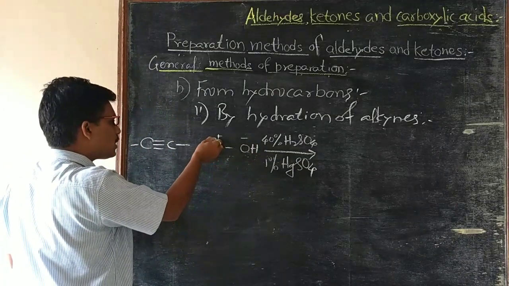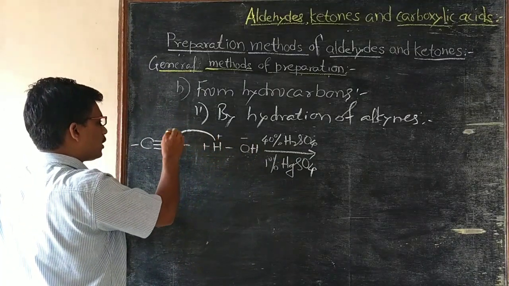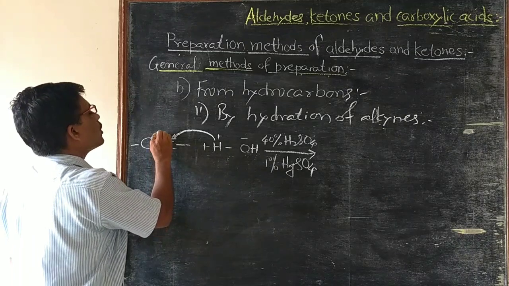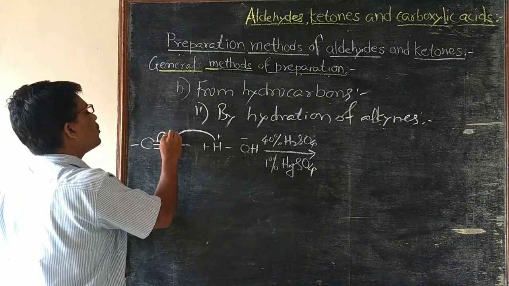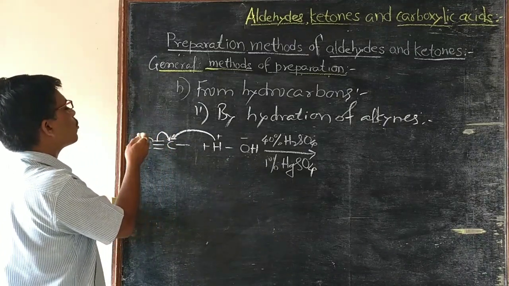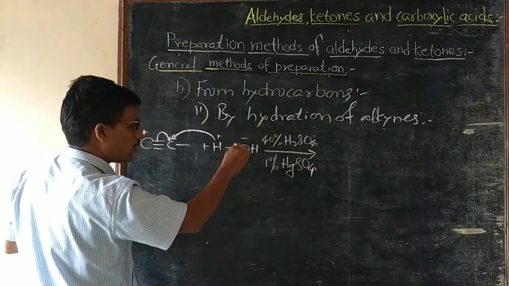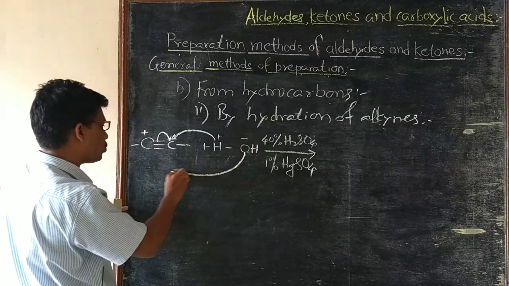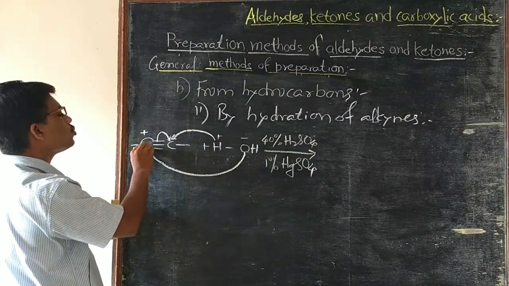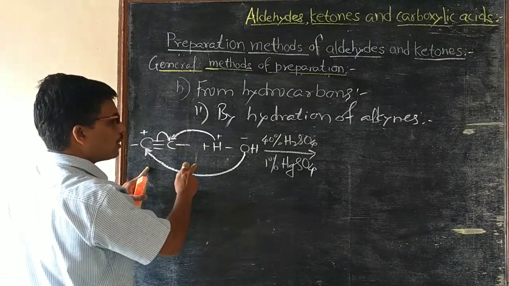This H plus approaches this carbon atom, then this electron pair shifts towards this carbon atom, therefore this carbon acquires positive charge, therefore this hydroxyl, having negative charge, approaches this positive carbon atom, therefore the addition product formed is